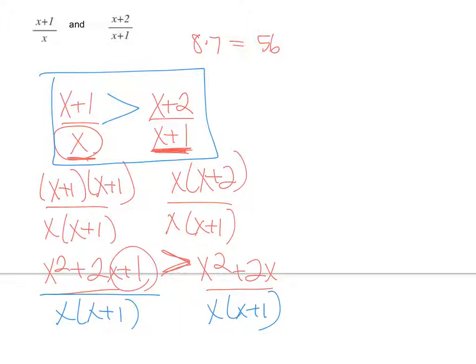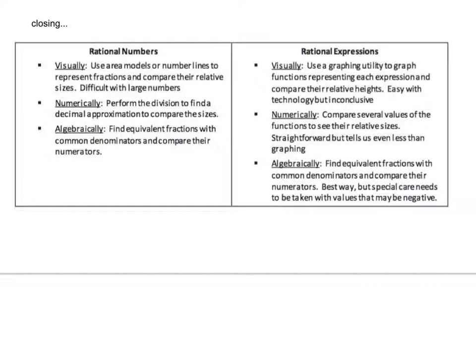So for rational expressions, numerical and visual comparisons can provide evidence that one expression is larger than another for specified values of the variable. However, finding common denominators and doing the algebra to show that one is larger than the other is the conclusive way to show that the values of one rational expression are consistently larger than the values of another. All right? Okay, in closing,